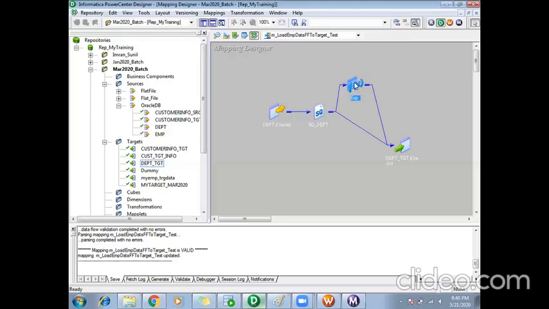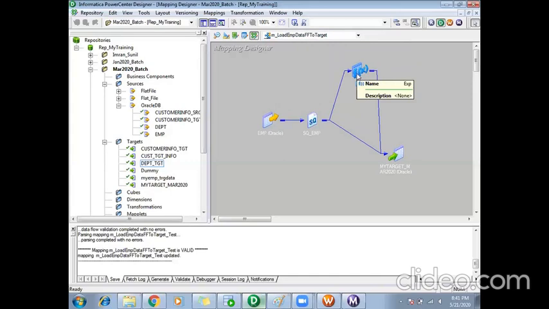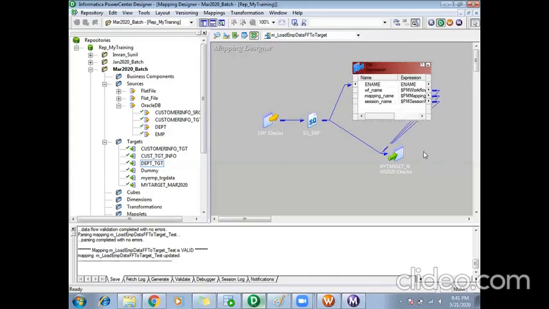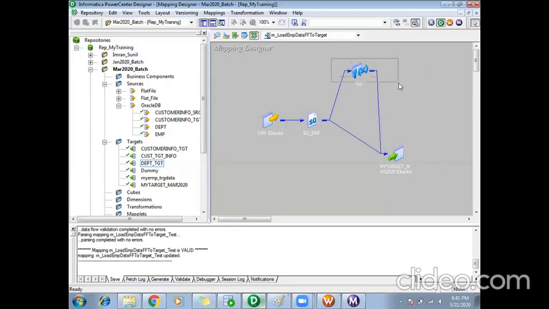One is converting the existing transformation into reusable. Second is freshly creating a reusable transformation. In my case, this is the transformation which I have already created, and I want to convert it into a reusable. I know the code in this expression transformation is repetitive, which I want to make reusable. So basically I want to convert this existing transformation into a reusable.